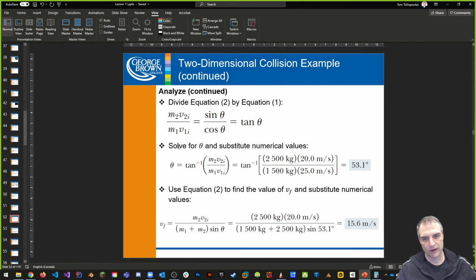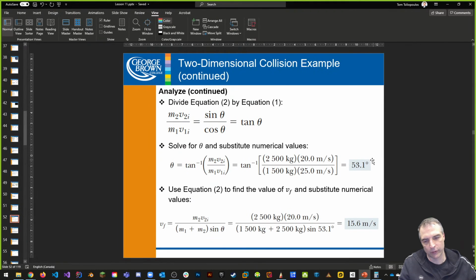So when we start subbing things in, we can see that we divide equation 2 by equation 1 because we want to combine the two equations to get a ratio, and we want to find the angle of attack. The first thing we want to do is solve for that theta, whatever that theta is. Sine theta over cos theta, or y over x, is going to give us tan theta. We know this is the truth. When we solve for tan theta, after we sub in the numbers, the arc tangent is going to give us 53.1 degrees based on the numbers.